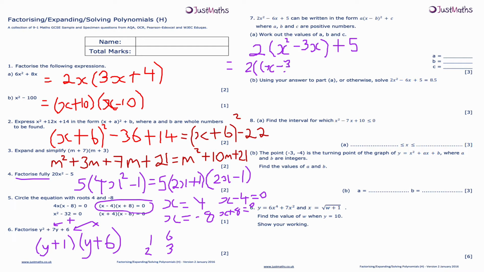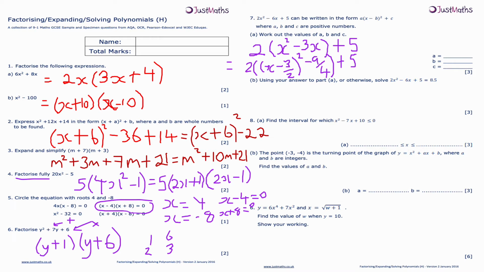Close that bracket there, and then plus 5. Hopefully it's making sense so far. I'm now going to expand this bracket. So I get 2 lots of this, which is going to be 2 brackets x minus 3 over 2 all squared,